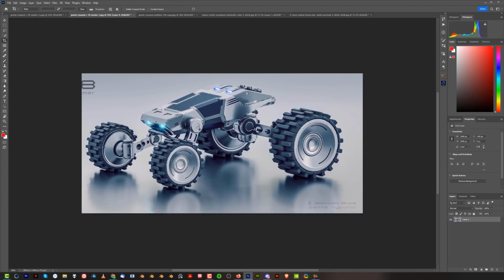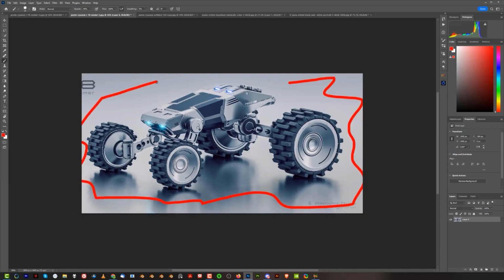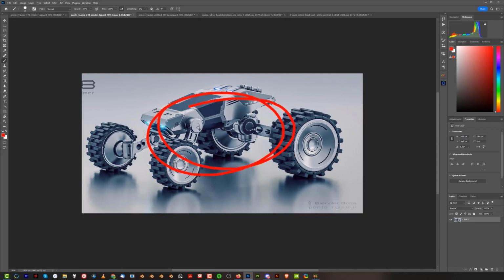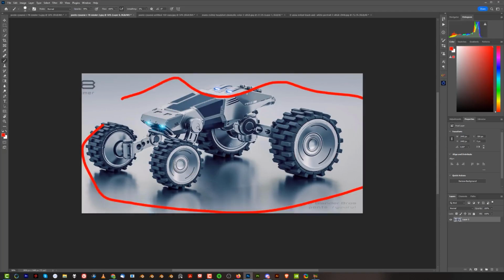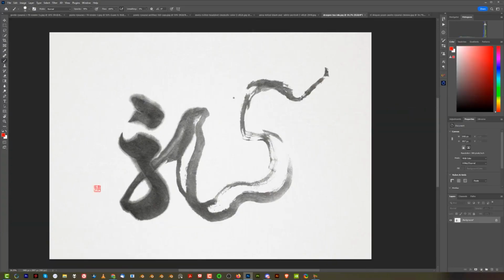And I see this happening a lot because what most people are doing, right, they're trying to find the center of a model, like literally a gravity center of a model, and put it in the center of the frame, regardless of how the model reacts with the edges of the frame and how the negative space is being composed around the object, right? So do not focus on the object, focus on the negative space. The same goes for Chinese calligraphy. So if you look at this work of mine here,